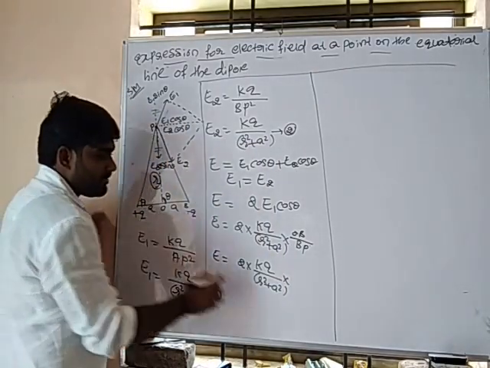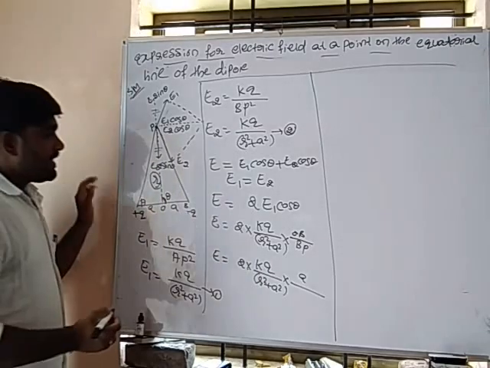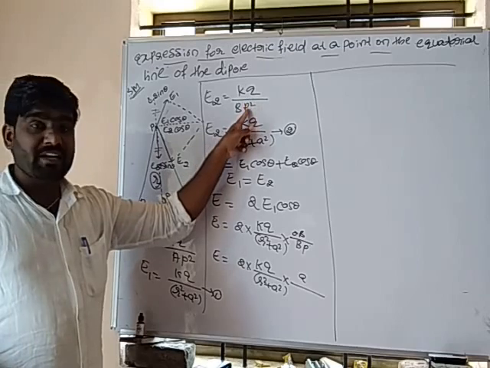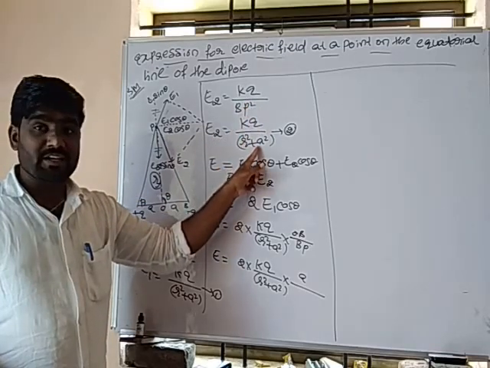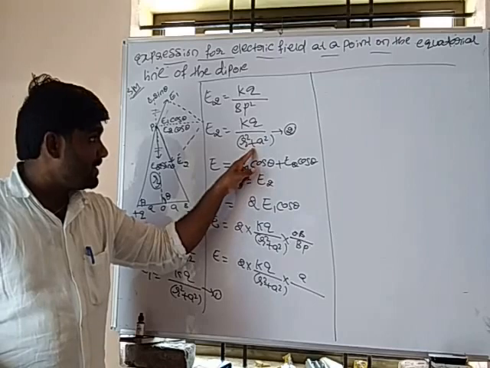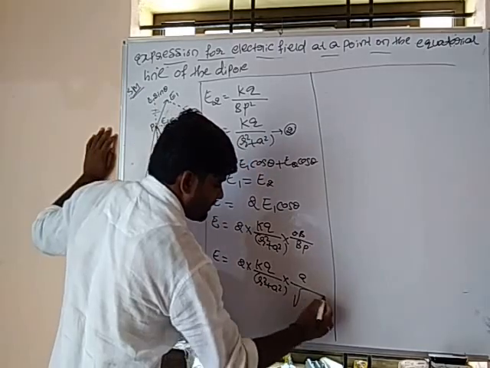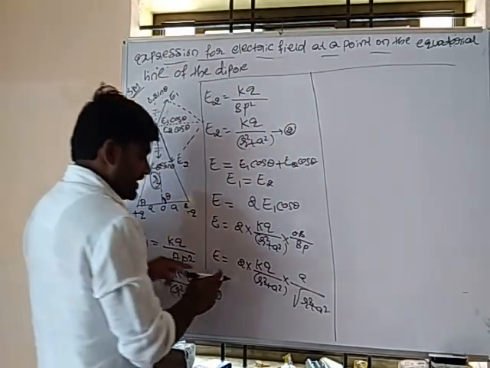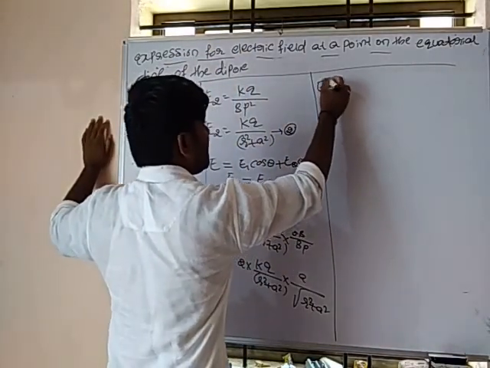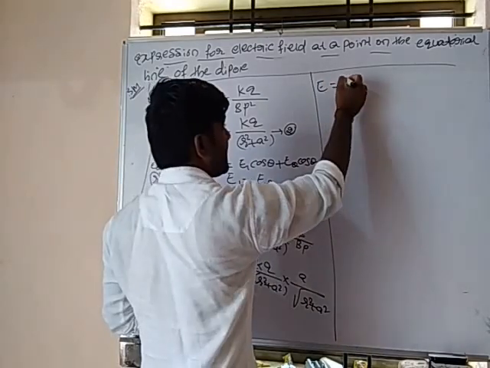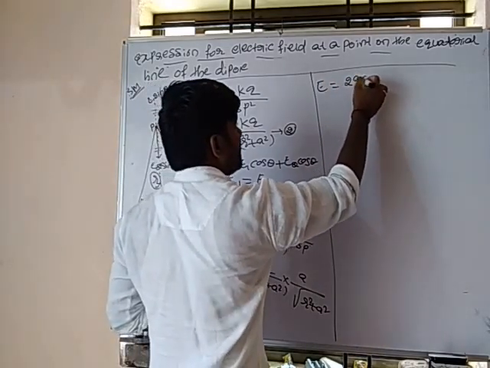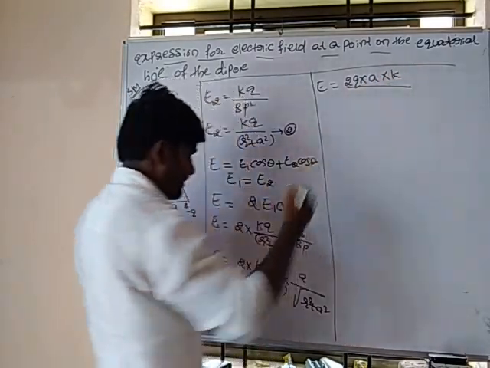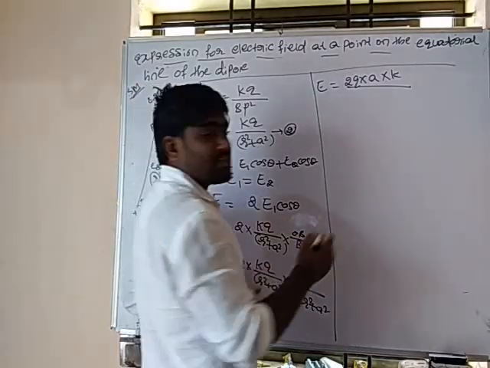The distance OB will be A. Then the distance of BP we know. What is the distance of BP? BP square we know: R square plus A square. If I want only BP, then it will be the root of R square plus A square. Then this E is equal to 2KQ into A, divided by R square